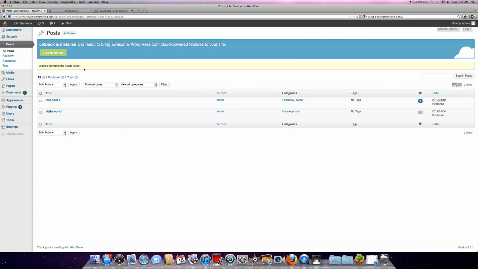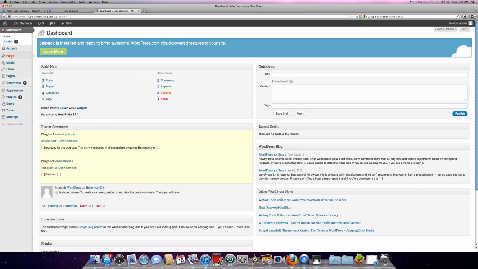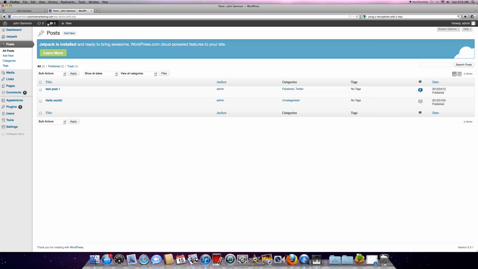Okay, once you're into the dashboard, you'll go over to posts. I have two tabs open for my admin dashboard right now, but let's resolve that. So again, you'll click on the posts section and it gives you kind of a highlight of what you have in there right now. I have one test post and another hello world, which everybody should have by default. To add a post, you'll simply go over to the left hand side and click add new,